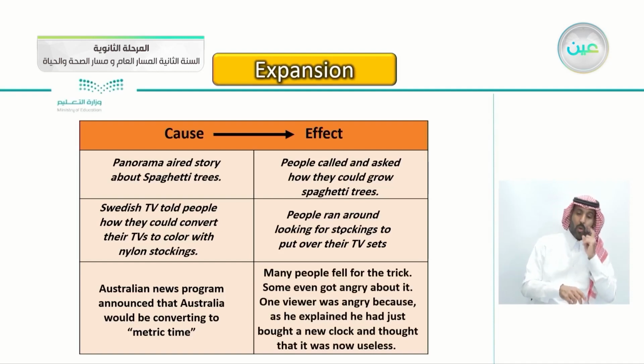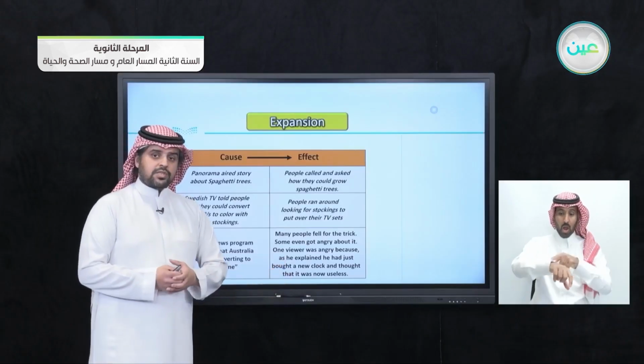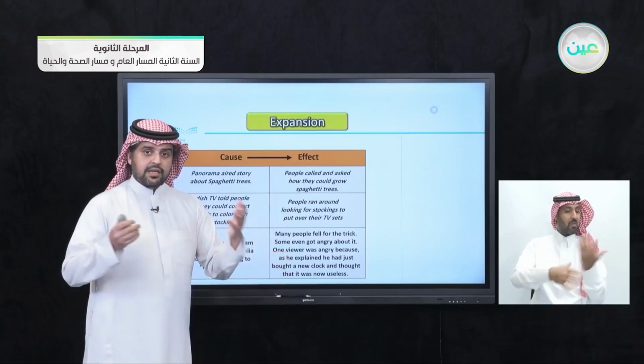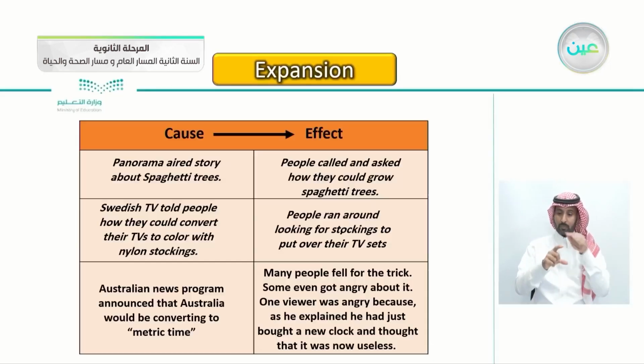One viewer was angry because, as he explained, he had just bought a new clock and thought that it was now useless. So people who bought new clocks thought that it was now useless because the country would be changing to metric time. So this is an example of the cause and effect chart that will help you to write